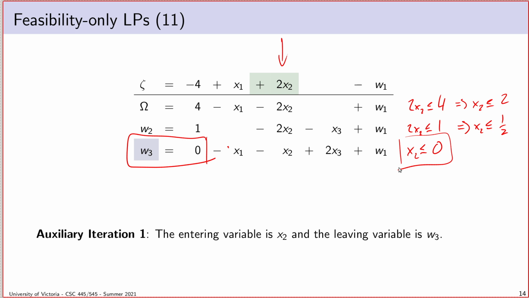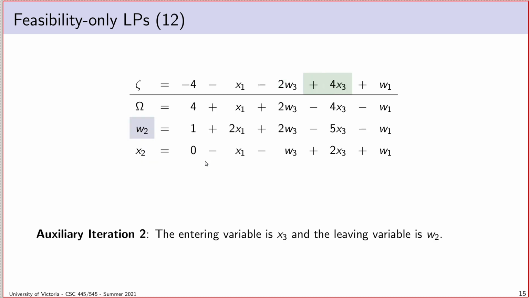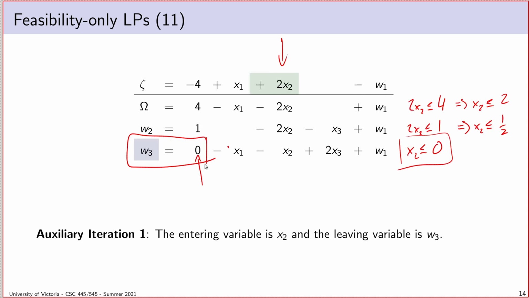So of course w3 has to be the leaving variable. So that 0 is already causing me a bit of grief, but it seems like I can still do the pivot, and so I do. Notice that after the pivot, the variable that entered, so x2, ends up also equaling 0. Now, this shouldn't surprise us too much. It's still a little bit creepy, but it shouldn't surprise us too much because if I think about what I